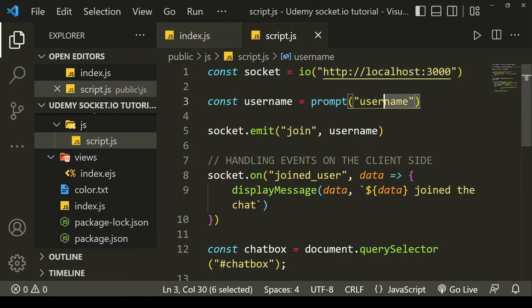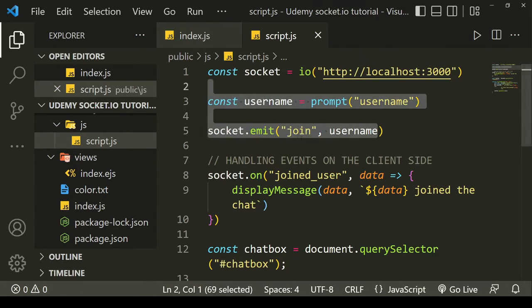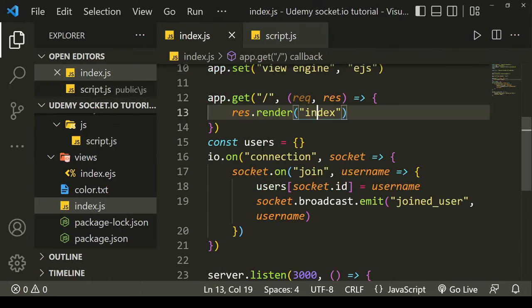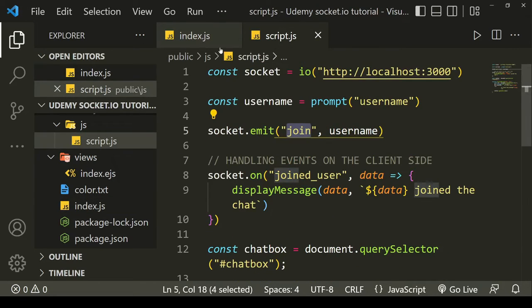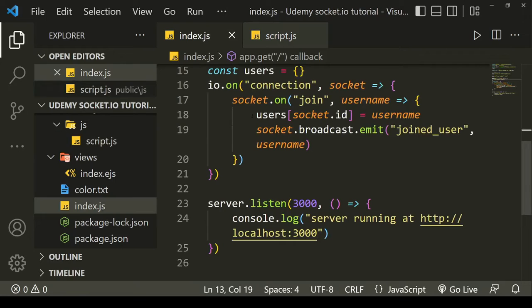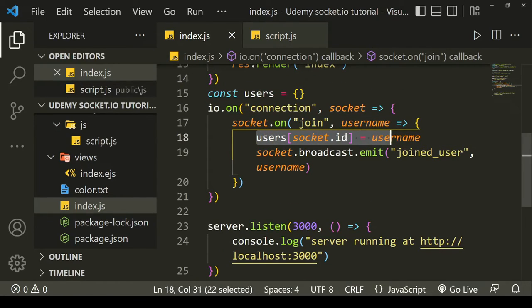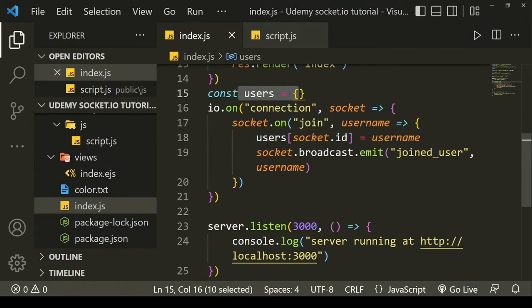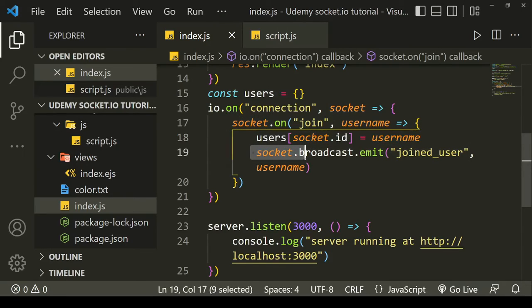Okay, and after that it will ask the user for the username. When the user gives the username, we will send that username to our server with this event, join. And when our server gets this event, first it will add the user to the users object, and then it will send this joined event to the other users connected to our Socket.io with the username